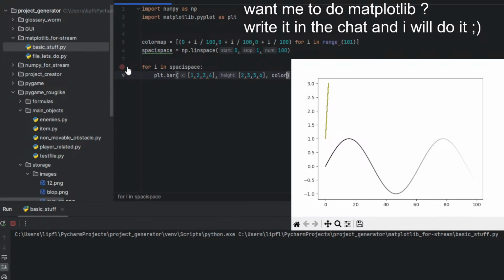Color equals red, green, not green, blue, and 0 or 1, 1, and i. Let's try this out.